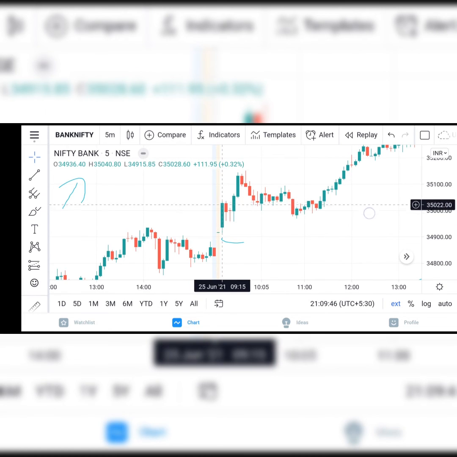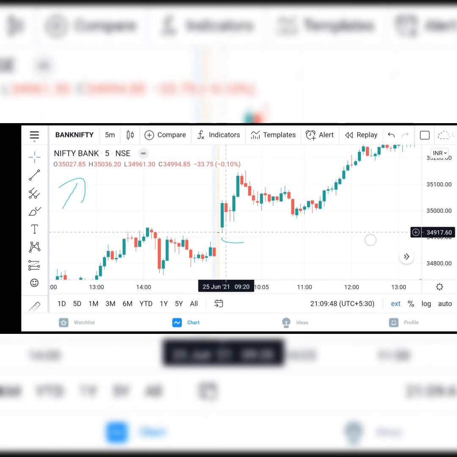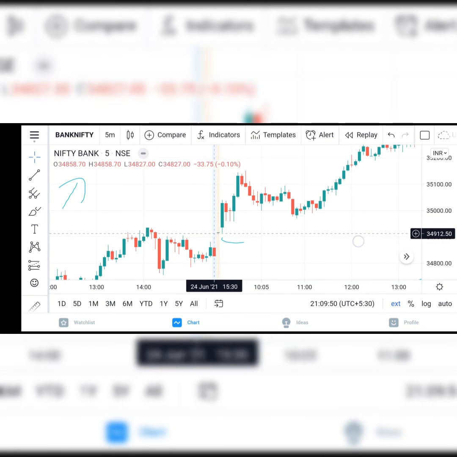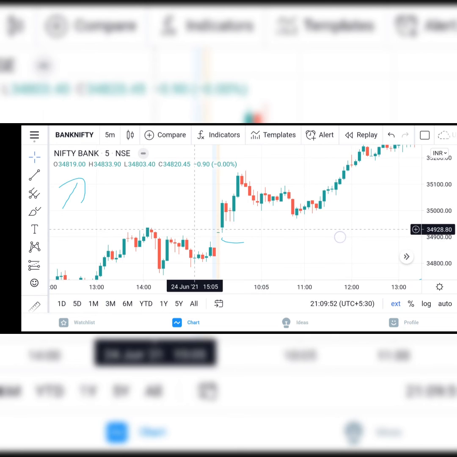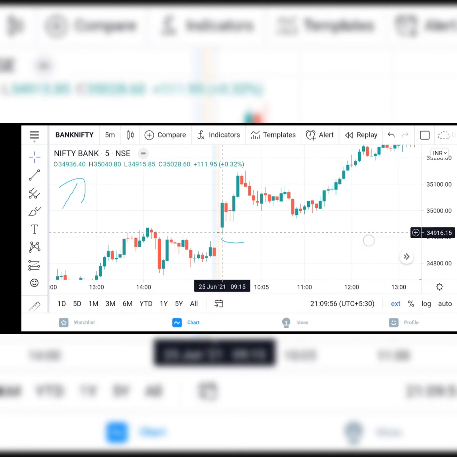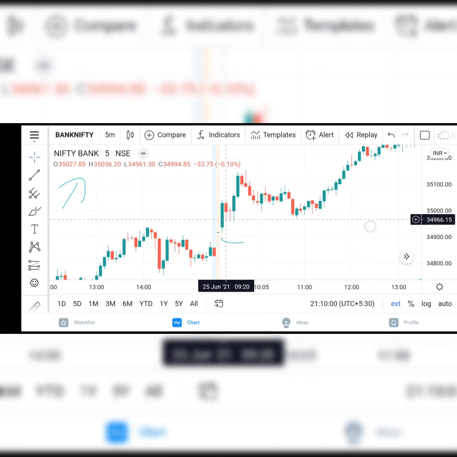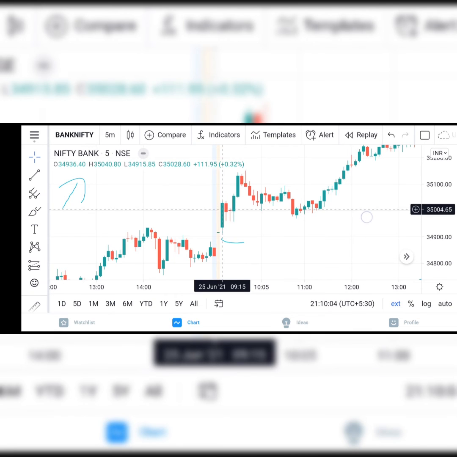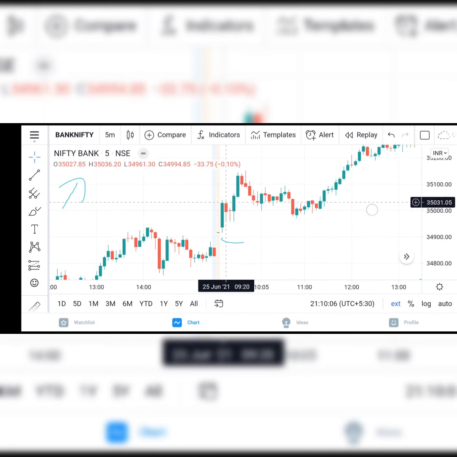So when the buying and selling power applied by buyers and sellers is somewhat at an equal level, this doji candle will form. There will be no body in this. This is called a doji candle. So this is the third kind of candle. These three candles are there. This is bullish, or it will be bearish, and the third one is doji.